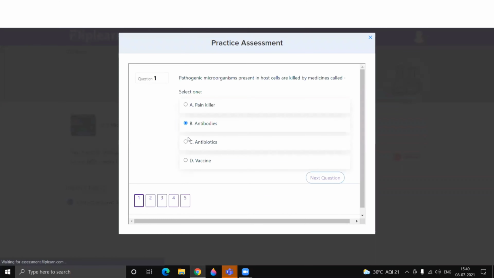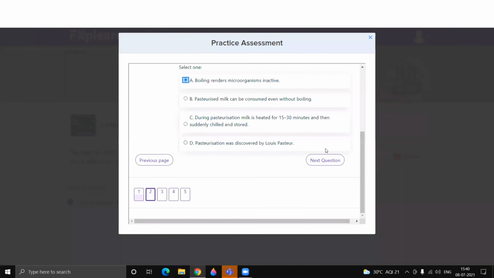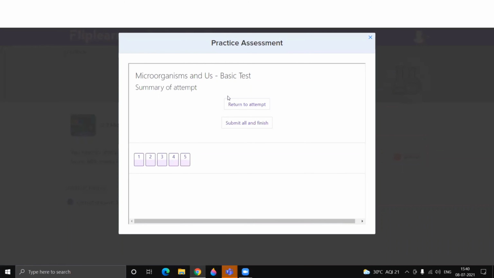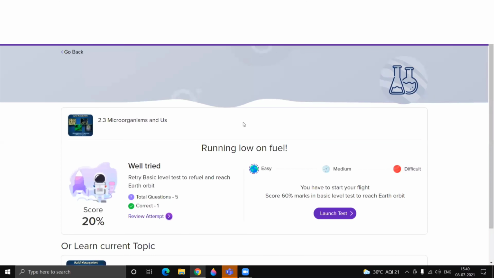I'm just picking some random answers. Once I'm done, I can click on submit and see the score. It says 20%. So let's review the attempt.